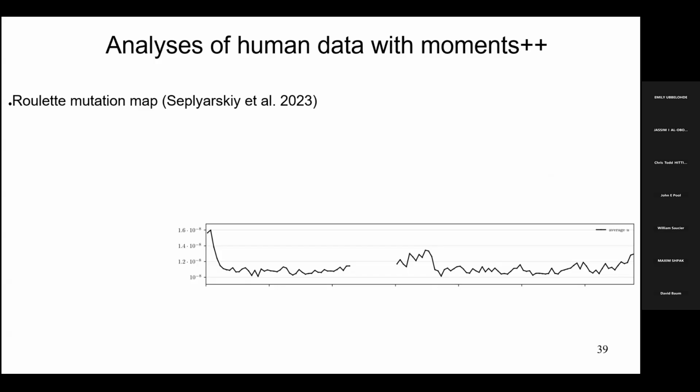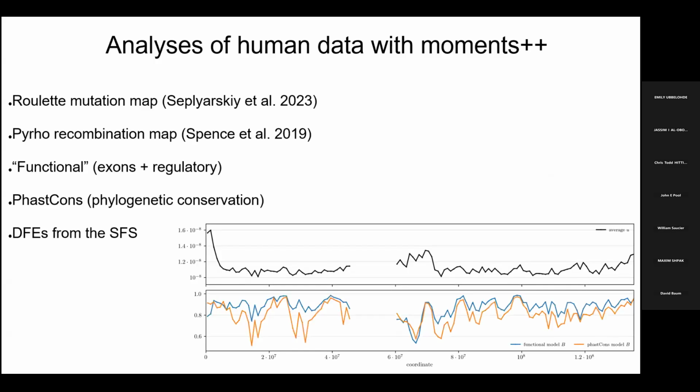This is going to tell us the input of deleterious diversity in different parts of the genome, but also the input of neutral genetic variation in different parts of the genome. Given that we have this Roulette mutation map, and also using the updated human recombination map inferred by Jeffrey Spence and others in 2019, and knowing that we have either